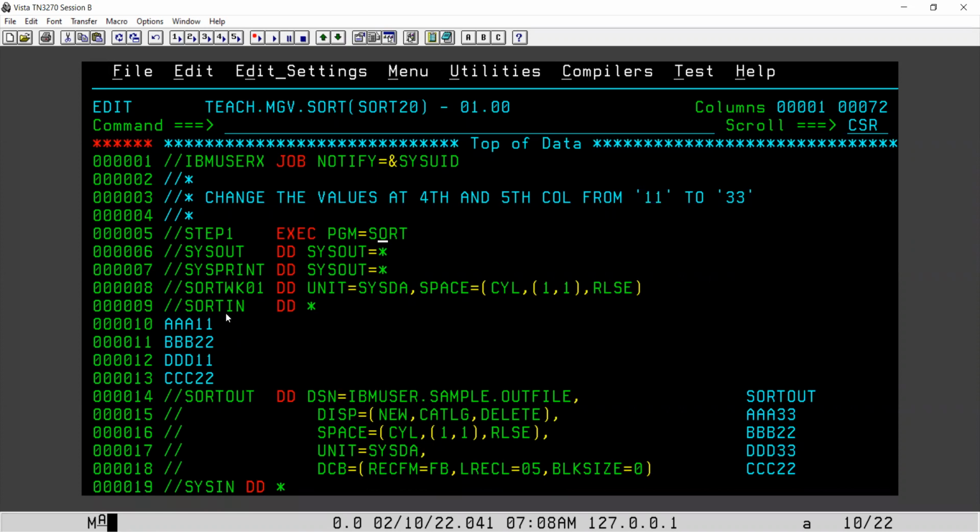Now coming to the input file. Here the input file is not there. We have not given any input file, but we have passed the data directly. We have passed the in-stream data directly here. We have not given any data set in SORTIN DSN=, but we have passed the data directly here. Now coming to the SORTOUT, here we have given the output file. Let's change it to our output file,